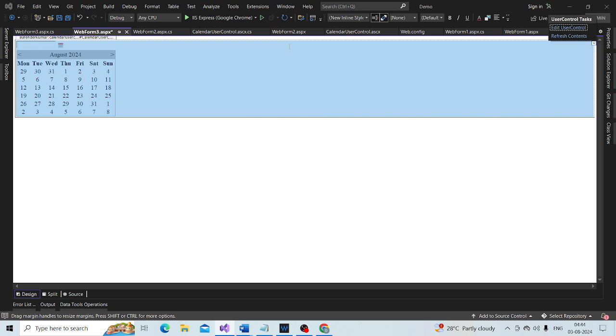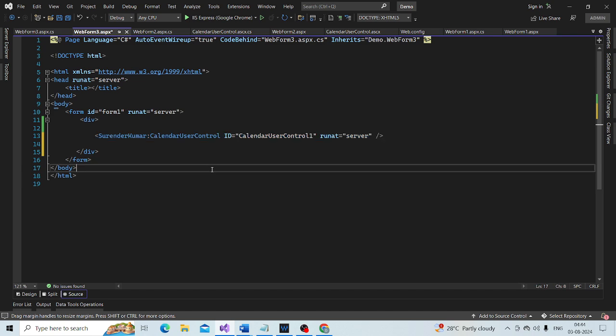At the moment webform3.aspx does not have any control, but I have dragged and dropped the calendar user control onto it. If you look at the source, the ID is calendar user control 1.